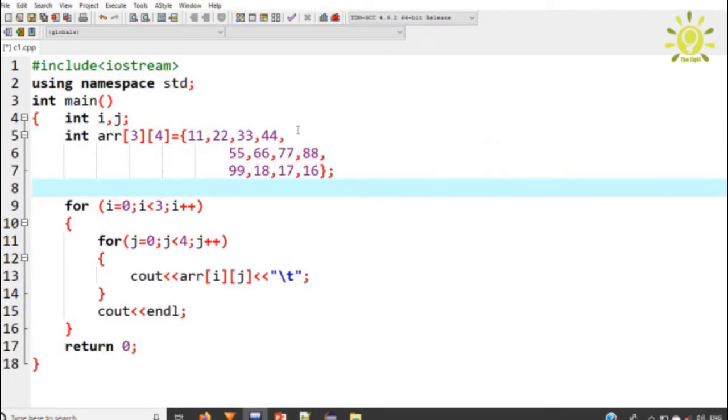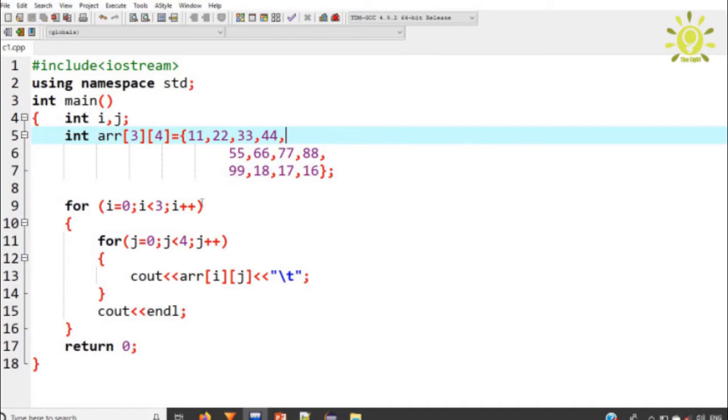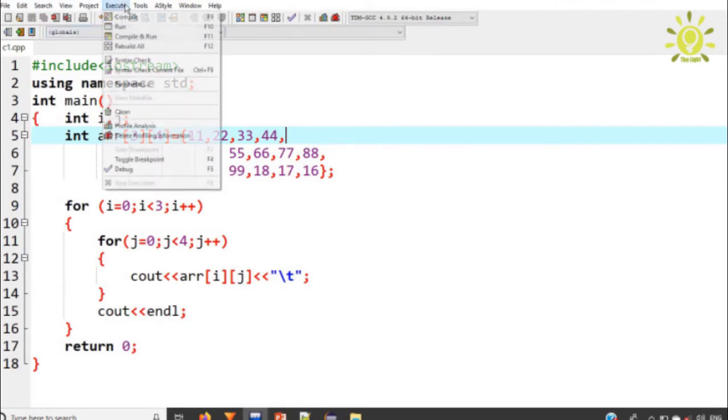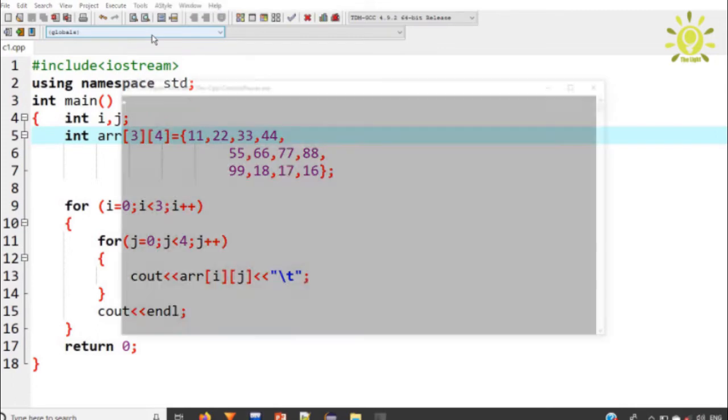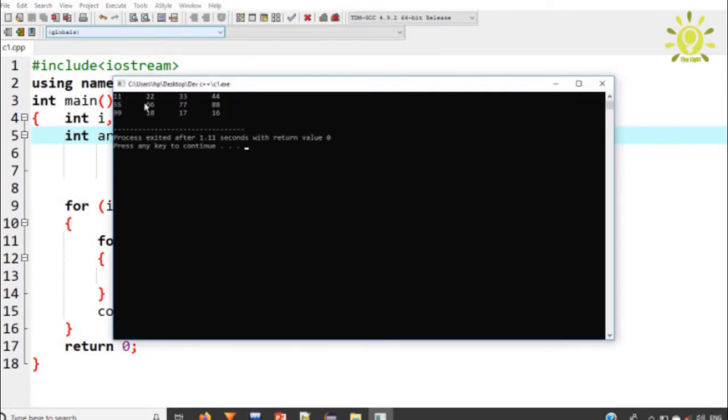You can see that I have used the first row and then enter, then the second row and then enter, then the terminator, and the third row and then the terminator. Here I will again save this program and click on execute, compile and run. You can see that the output is the same, 3 rows and 4 columns.